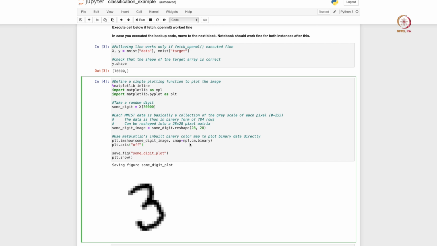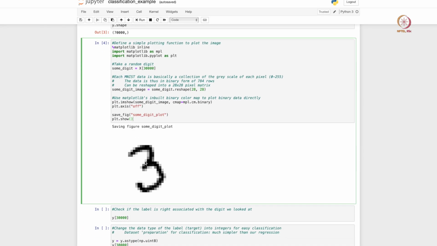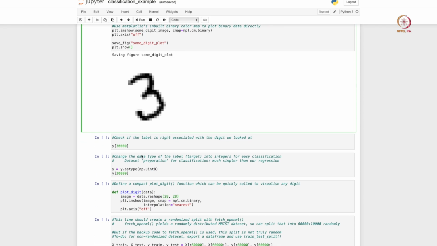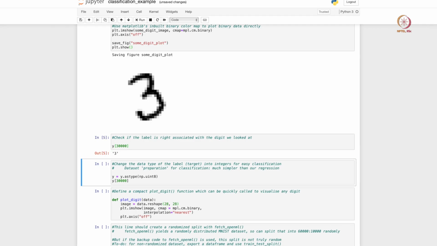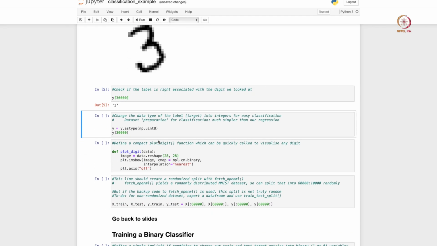So when you download it, the data set comes in the form of a 28 by 28 pixel array, where each value is between 0 and 255. You can convert that into a grayscale image fairly easily with matplotlib, which is what matplotlib is doing here. So we see that the 30,000th image within our data set is actually a 3. Now we visually see that the image is a 3. Let us see if that is actually labeled as 3 in our target value,